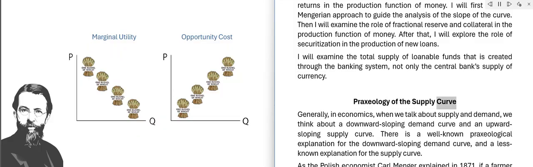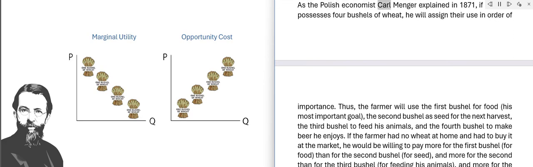Praxeology of the supply curve. Generally, in economics, when we talk about supply and demand, we think about a downward sloping demand curve and an upward sloping supply curve. There is a well-known praxeological explanation for the downward sloping demand curve, and a less-known explanation for the supply curve. As the Austrian economist Carl Menger explained in 1871, if a farmer possesses 4 bushels of